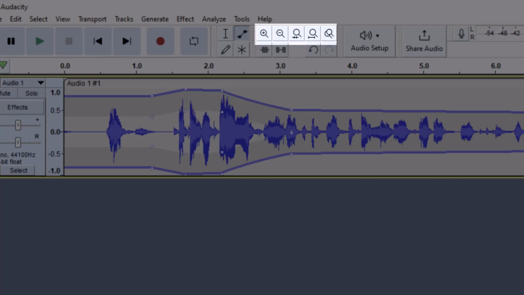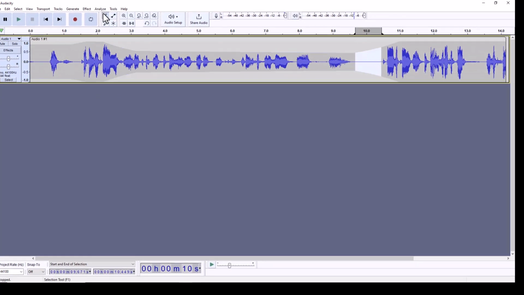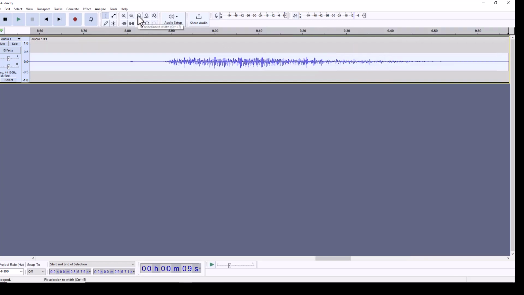And this one allows you to fit the selection to the width of your project. So if I click on my cursor tool here and I just want to edit this selection right here, I can click that button, and that is how granular I can get. It's like a whole entire second.